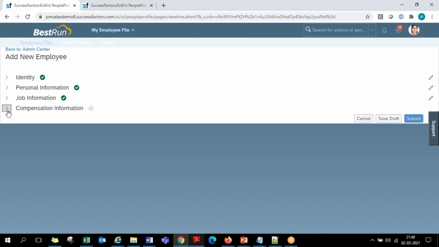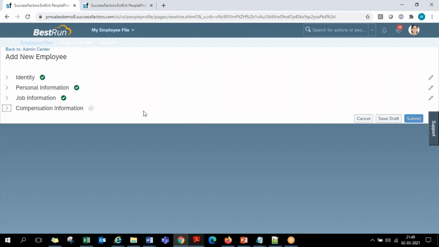In real time, normally the HRs, when they are hiring an employee, within 10 minutes they'll hire one employee, and if they keep skipping many of the areas, within 5 minutes also they actually hire the employee. If they skip the unwanted areas, only the main things HR should fill, what they concentrate on, they hire the employee quickly. Other things, address details, contact details, in some companies they'll ask the employee to directly fill in. Okay, but before I click on submit, I want to show you also something called save draft.